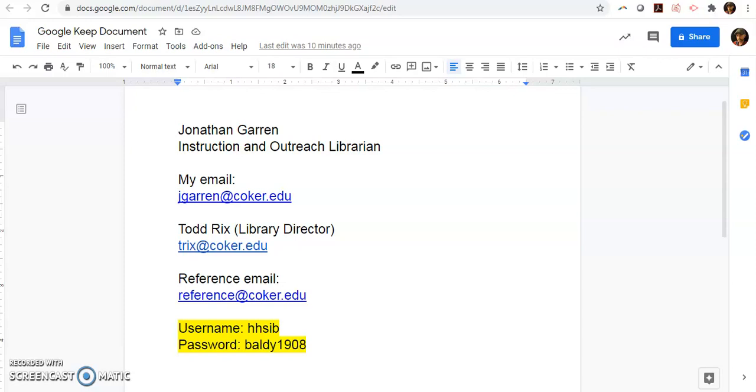I am the Instruction and Outreach Librarian at Coker Library, and I'm going to be taking you through how to access a lot of the resources, especially the electronic resources that are going to be most useful for you. And then I'm also going to walk you through how to request books from the library and then how to pick them up. So I'm going to show you the form that you're going to use, walk you through that, show you how to get all the information you need to complete the form, and also show you where to find the phone numbers that you can call us at